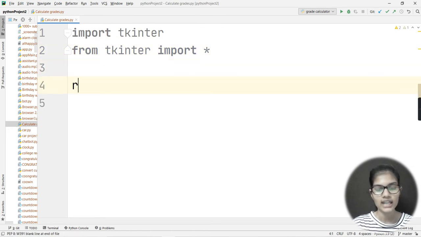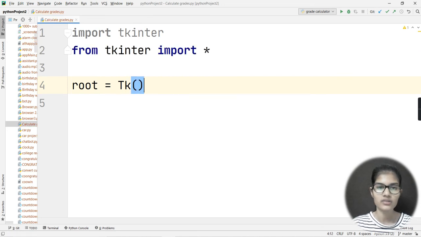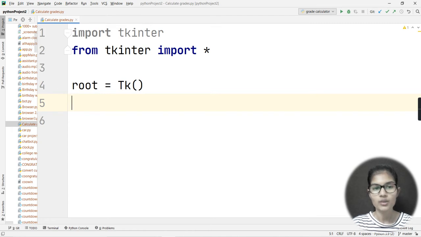Right. Now I'll be taking a variable. Let's add a variable, that is root. In your case you can take any variable whatever you wish. So here I have taken root. After that, what I need to do is write tk. Now what does this tk stand for? This stands for my tkinter library. We all know that whenever we are making a GUI project, a new tkinter window comes, right? So this tk is referring to the new tkinter window that will be coming here. So I've done that here.